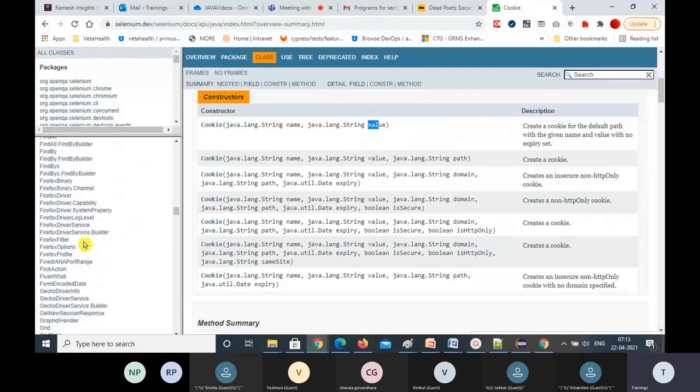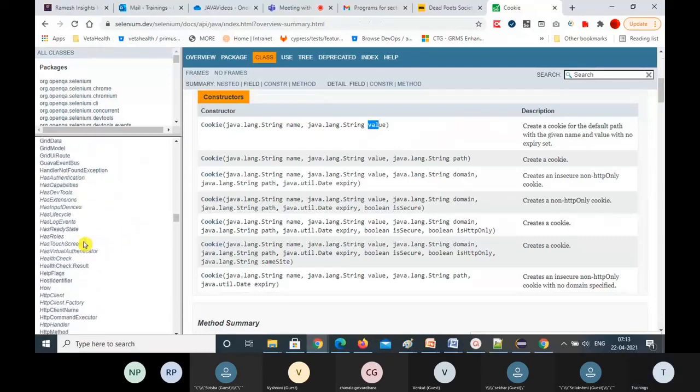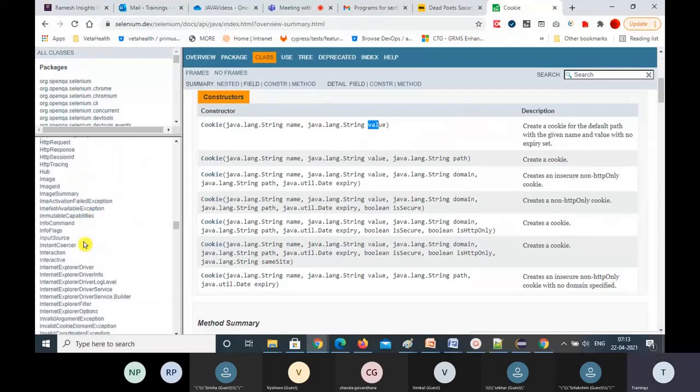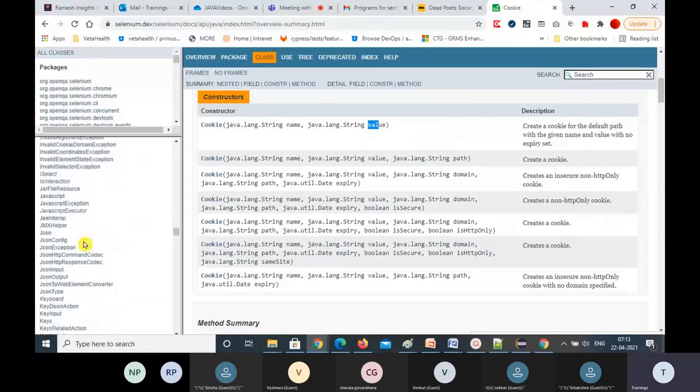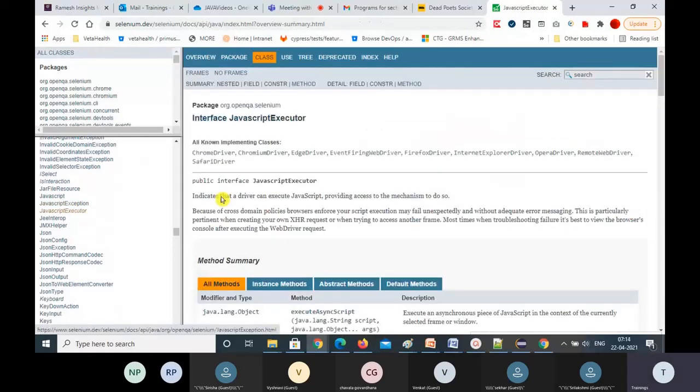So JavaScript executor, JS executor. Let's go here. See, this is the one. JavaScript executor is an interface. This is the child interface, and WebDriver is the parent interface for this. So this is a different interface.